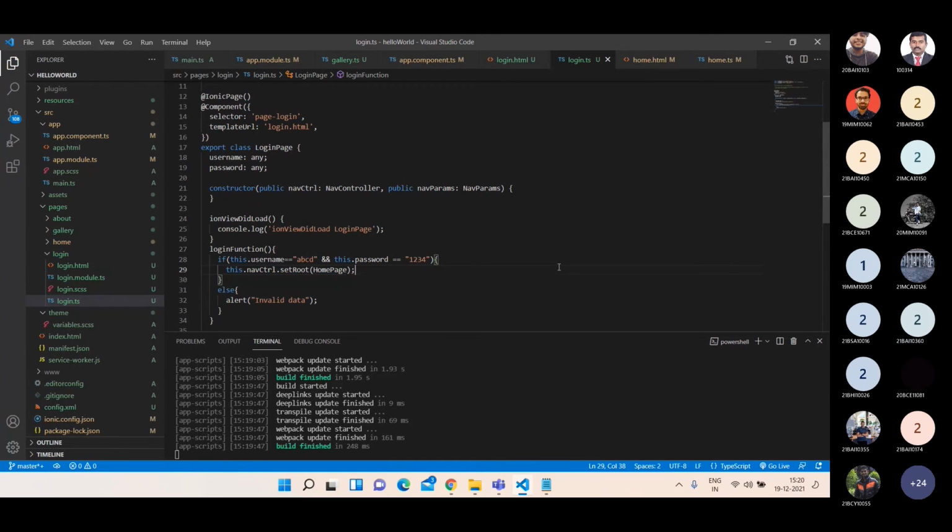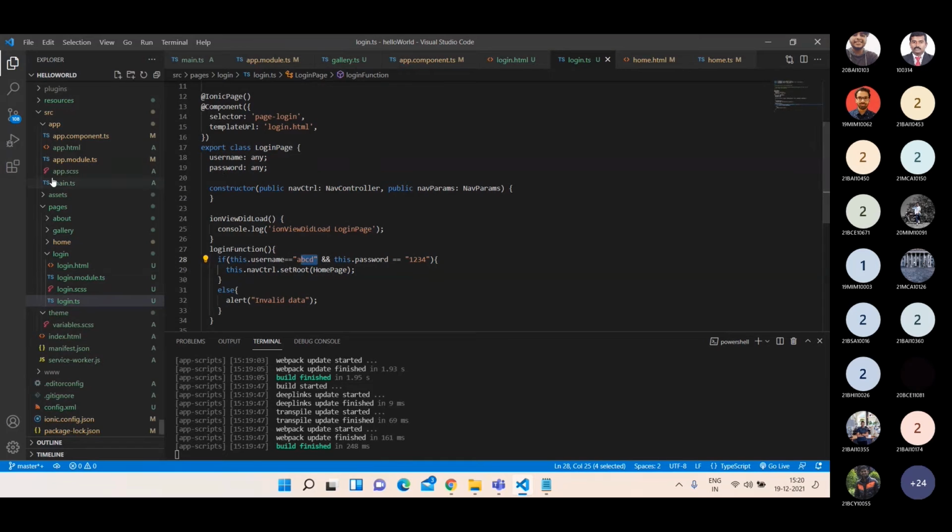Sir, what if we have very large data for our app to log in? How can we give that input and proceed? Very large data in the sense, any examples? The username and password, we have more than 20 people. It will not be recommended to write the usernames and passwords in our code. Yes, exactly, you're right. But in real time, this information will be coming from the server only. Just for understanding purposes, I put it like that.